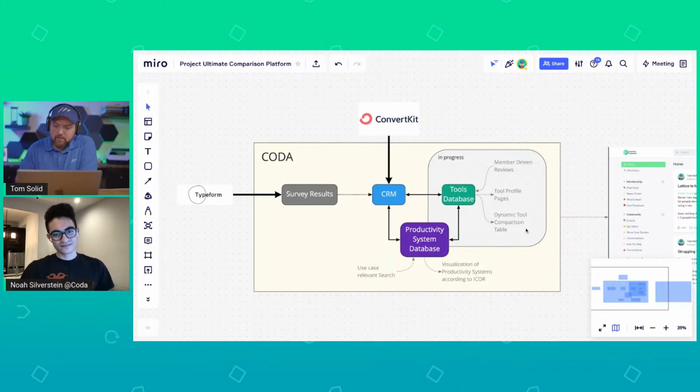And then we have a dynamic tool comparison table where we get tools next to each other and start comparing them. Once we have this, we will dive into setting up the productivity system database. And we have CRM in the middle, which is